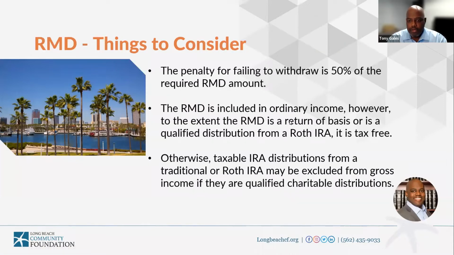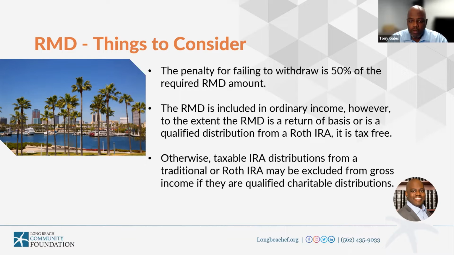With respect to your RMD, this amount is something that must be withdrawn on an annual basis once you reach that age floor. If you do not take your RMD, you could be subject to a 50% penalty on the amount that you failed to withdraw. So let's say, as an example, I had an RMD of $20,000 in 1 year, and I failed to withdraw that RMD by December 31st of that year. It's very possible that I will have a $10,000 penalty on that failure to take my RMD.